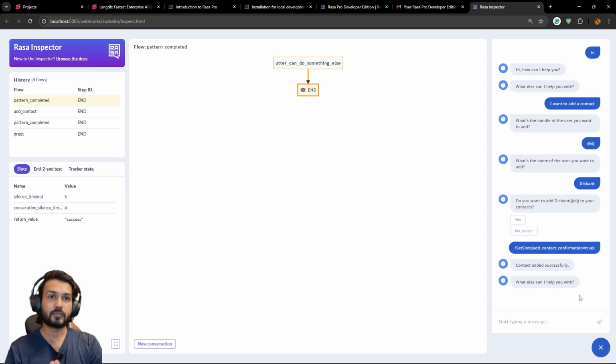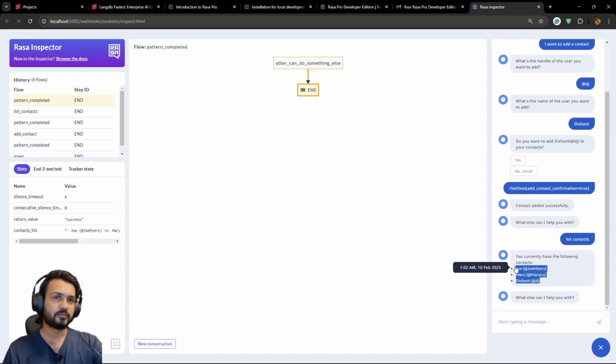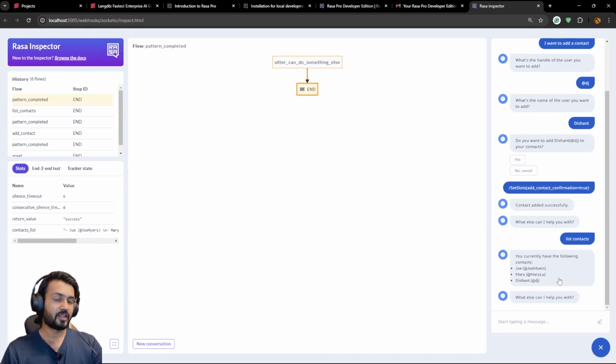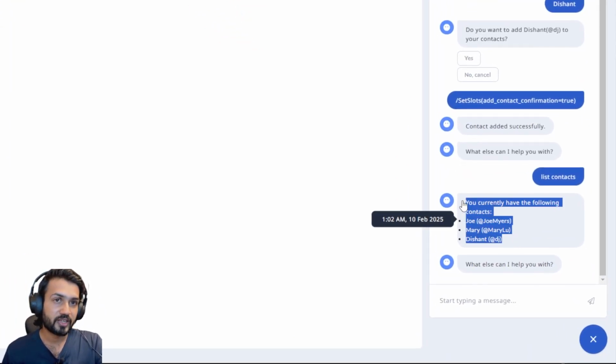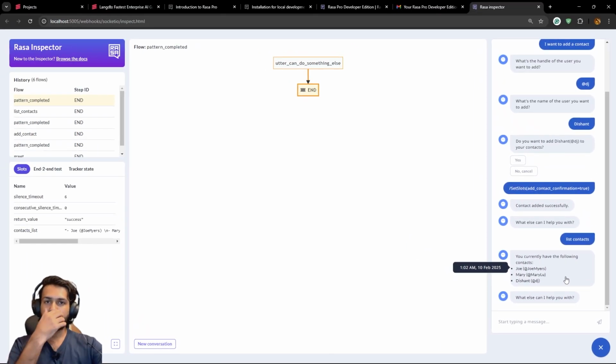So now let's ask it list contacts. Let's see if it is able to add my contact in there. We won't be checking inside the JSON file which we have. So right here we are able to see it. Isn't it amazing, like we are able to see it properly right now. That's good, right? So this is how it works and you do not have to worry about few things apart